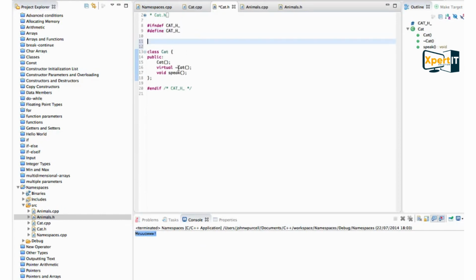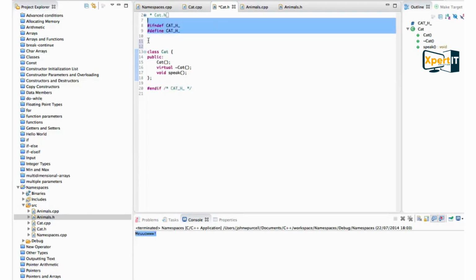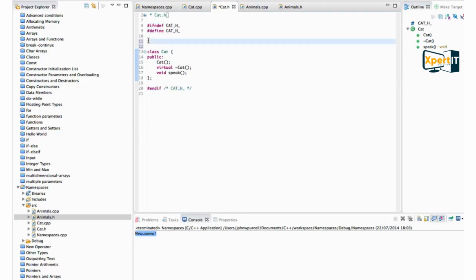the class here, not around these preprocessor directives, we want to leave those alone, but around the class and any other classes that are defined in this file. Usually you have one class in a header file and the implementation for one class in a CPP file, but you can define lots of classes in a header file. It's possible, and you do see it. So whatever you define in this header file, whatever you want to be in the namespace, you can surround with